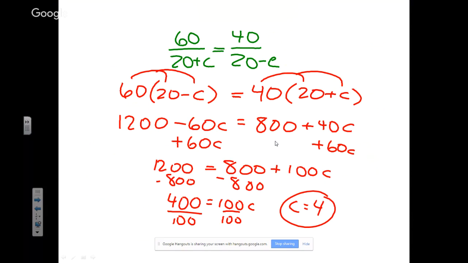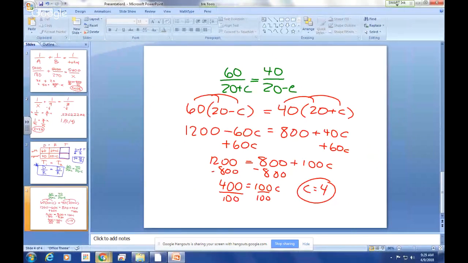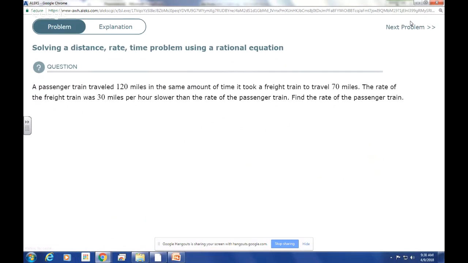20. Okay, so I don't want you to do this next problem, but I kind of jumped around this and did it really the long way. So I'm going to show you the quicker way of doing these. So when I get a new problem, I would treat it like this. I would go the distance